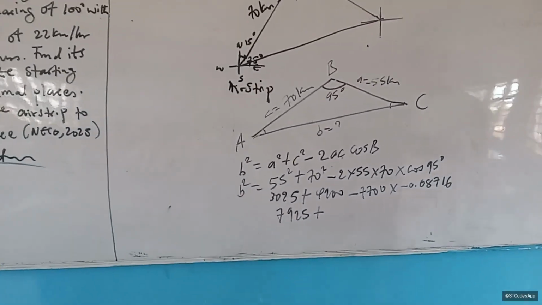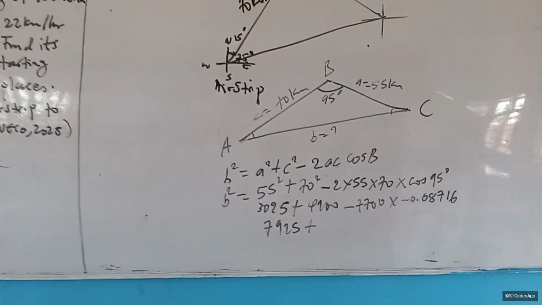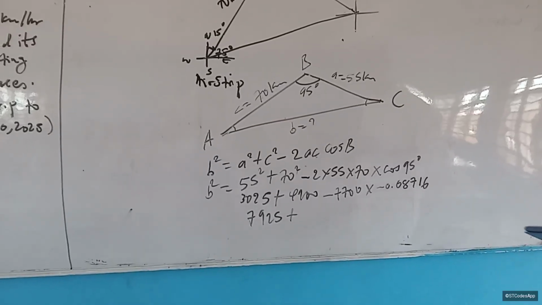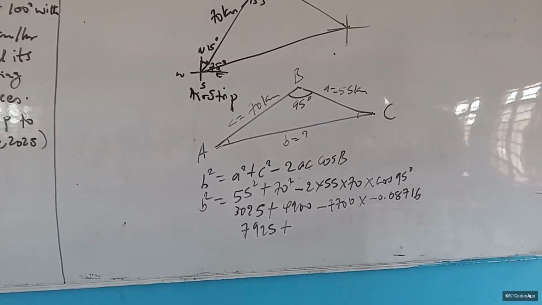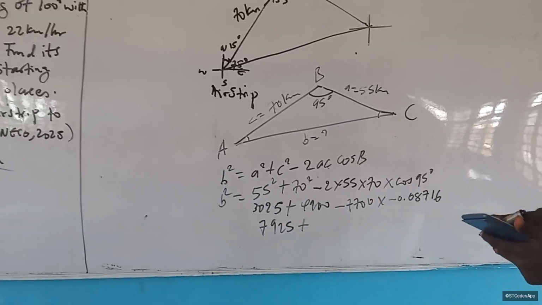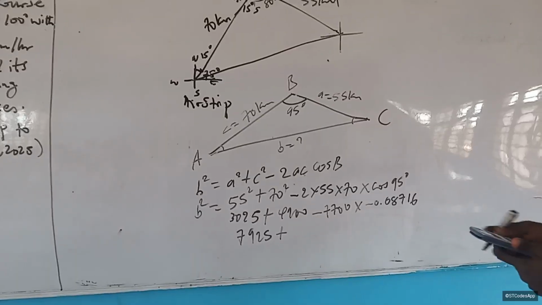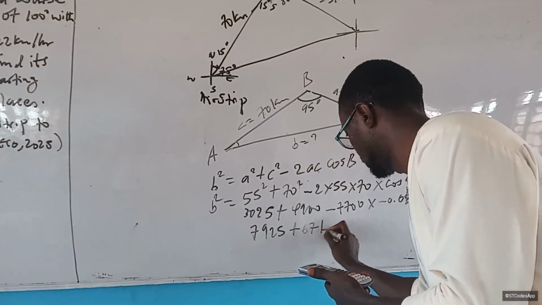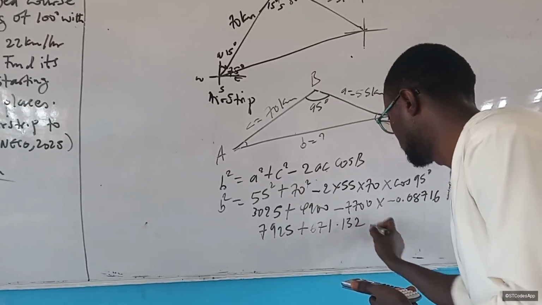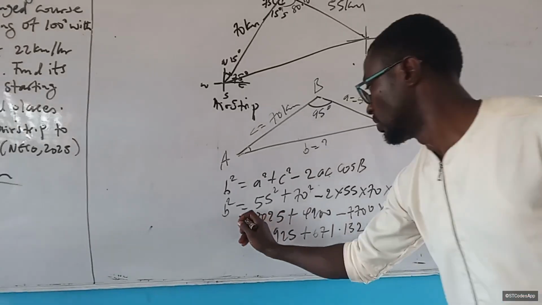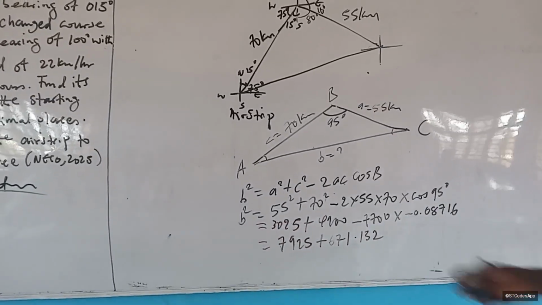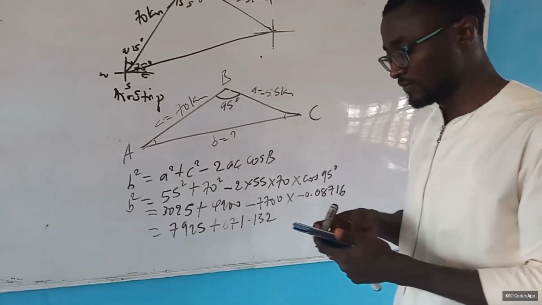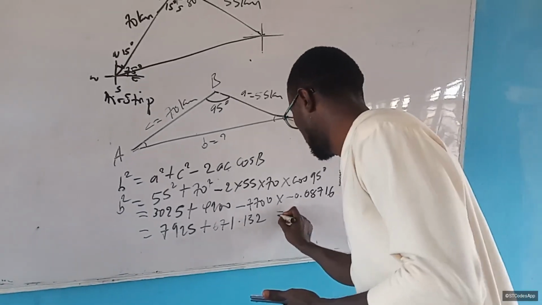The product of 7,700 multiplied by 0.08716 is plus 671.132. Taking the sum of this together with 7,925, we have a total of